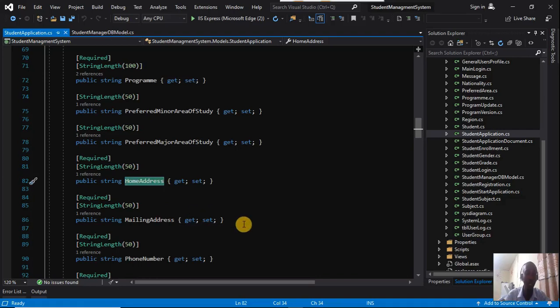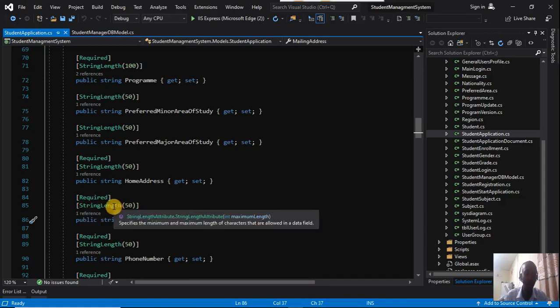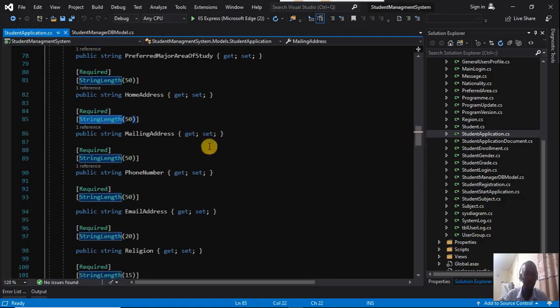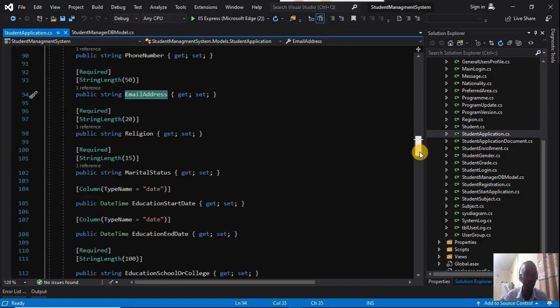If you develop a database, watch this one, you know exactly which fields and what data type. Varchar means string. Varchar 50. Good. The phone number is a string. Why put string? Because sometimes you put plus, like plus 232. Email address, string. The religion, the marital status,